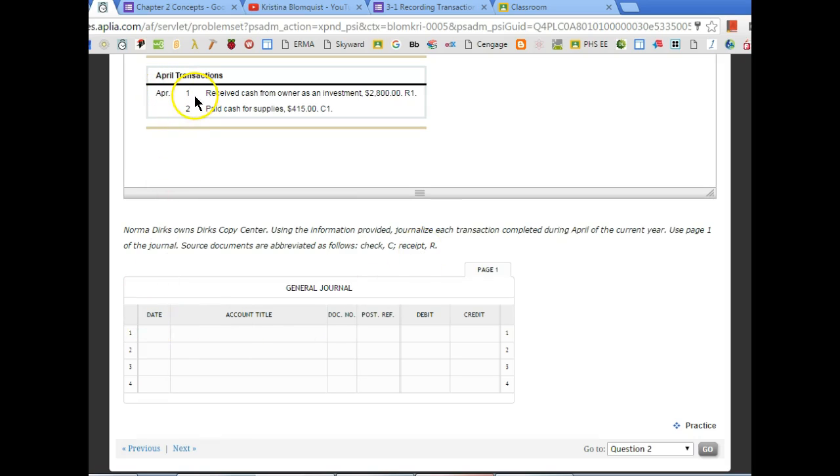Then if we look at April 1st, we can see that we received cash from the owner as an investment, and you can see receipt 1 is my source document, and it looks like it was $2,800. So as I think through this transaction, the two accounts that are going to be impacted are the capital account from the owner and cash. Cash is the asset, the capital account is owner's equity. So cash is increasing. I'm going to go ahead and debit my cash and credit my capital account,